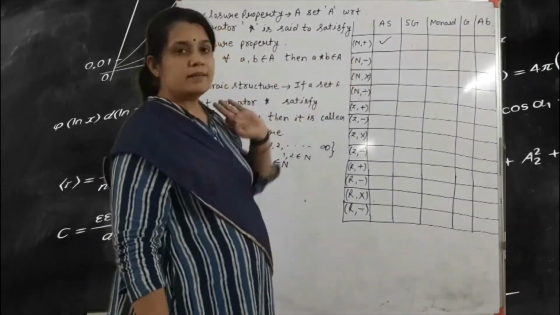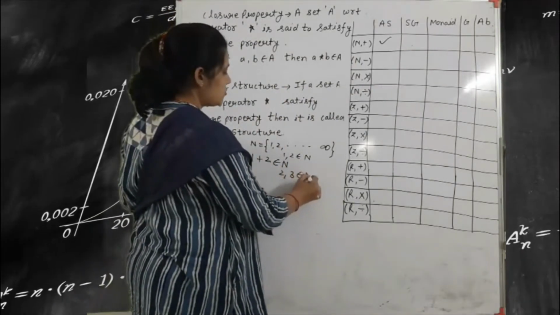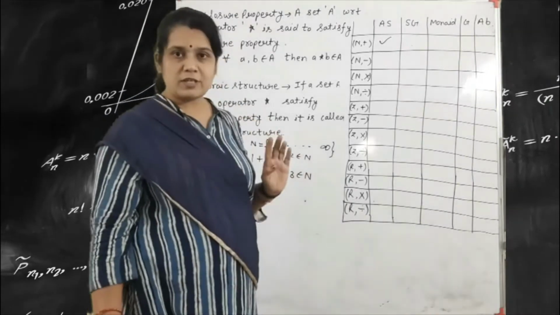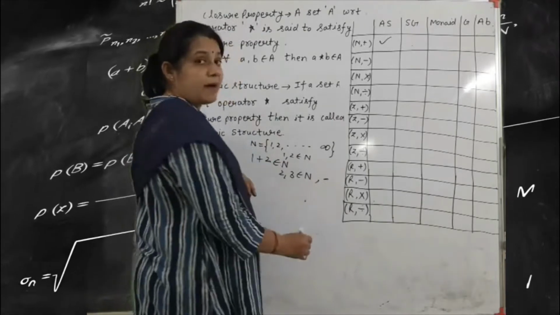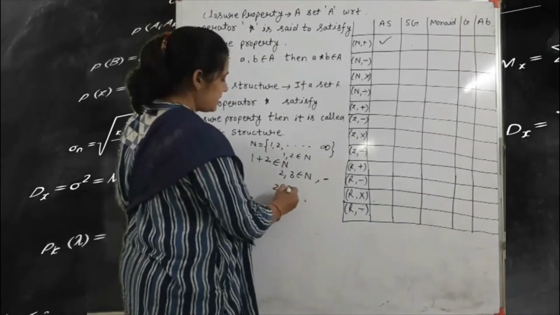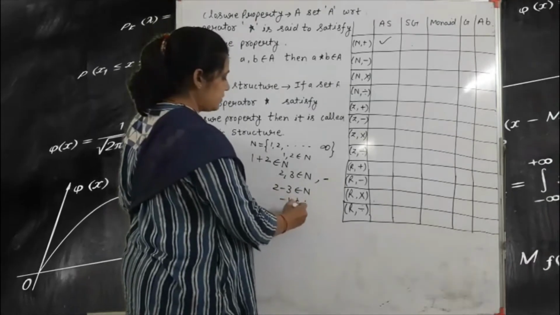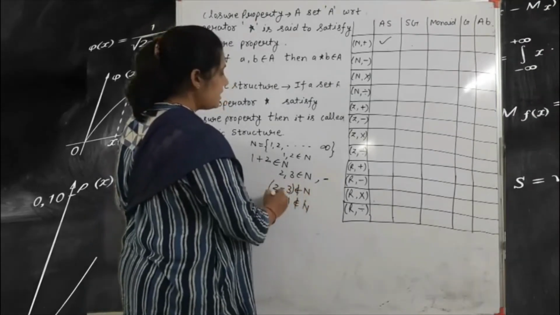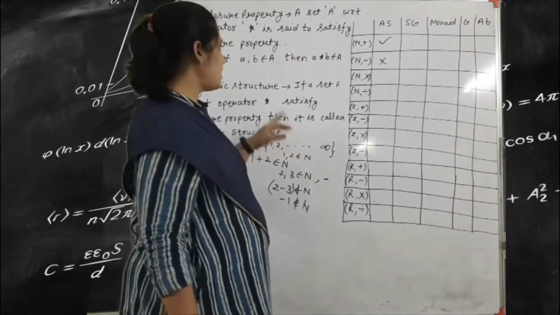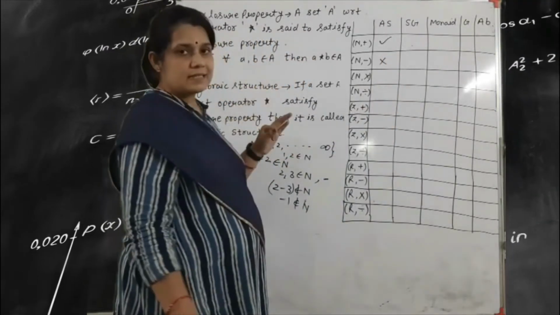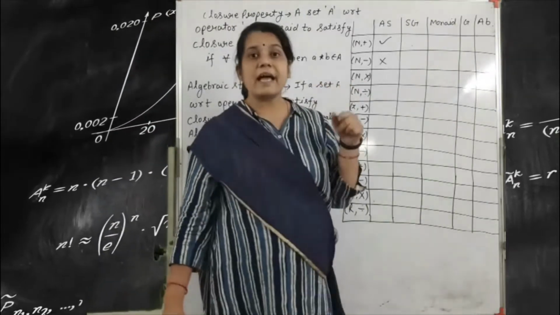Okay. And minus. For example, we use 2 comma 3 belongs to capital N. So 2 and 3 belong to capital N. But here the operator is minus. So does 2 minus 3 belong to capital N or not? This is minus 1. So minus 1 does not belong to capital N. That means N with minus does not satisfy the closure property. That means this is not an algebraic structure. Next one is N and star.